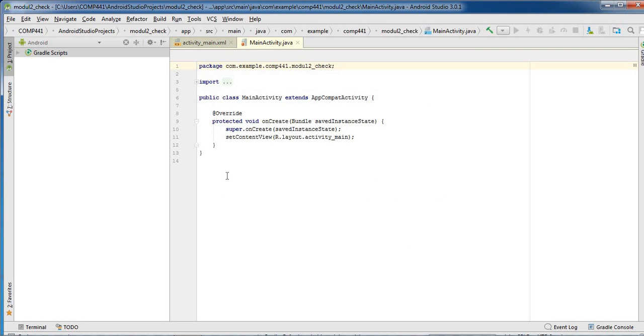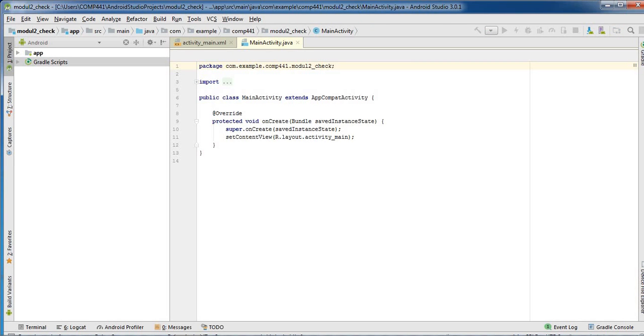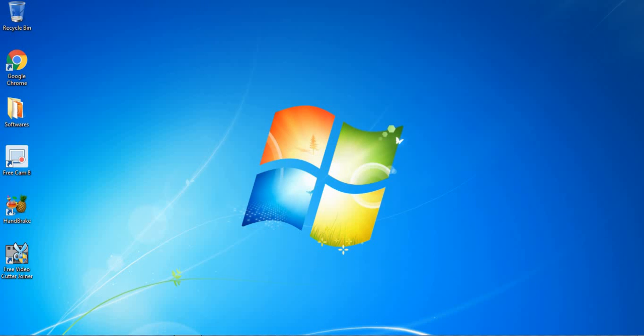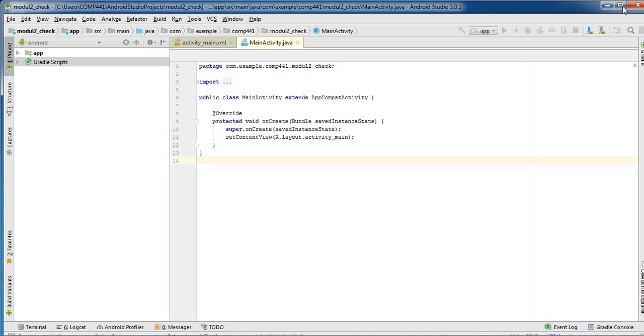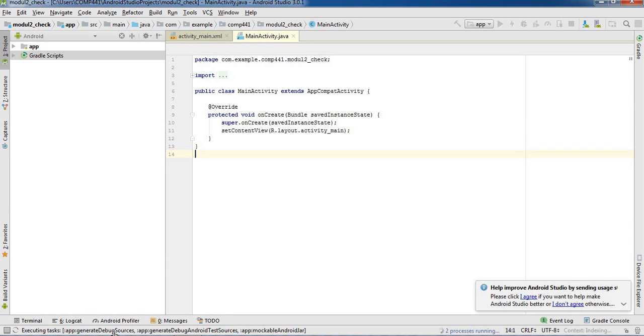While it is loading, it will check for the background dependencies, and when we get a message like Gradle successful, then only we move to the code. Here the Gradle build is running. It will show us the status of the build. If there is some kind of error, then it will show you in red color.